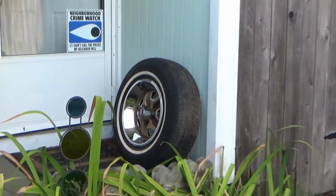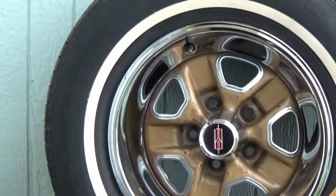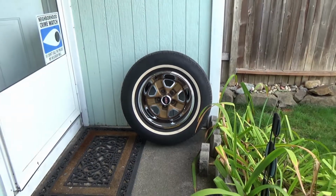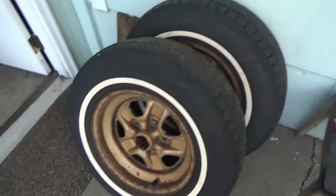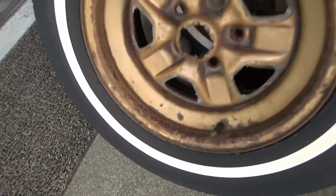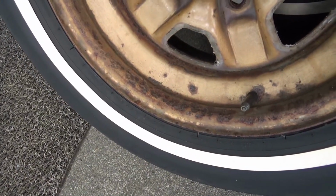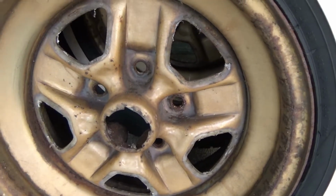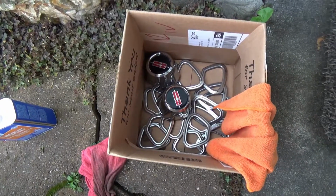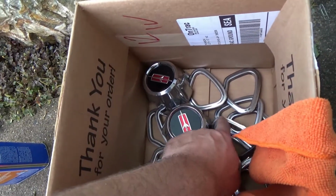So, here's what we did last weekend. Just the one, cleaned them up and got the thing polished up and looking good on it, but that's not the color I'm going for. So, we got them stripped down, the other three anyway. This is the crusty one, but I think it will be serviceable. I gotta get in there and do some cleaning on it yet, but sure are an ugly looking wheel when they're not all dressed up. There's all the shiny bits. Got them all hand polished. I could use a little bit more on the bottom there, but